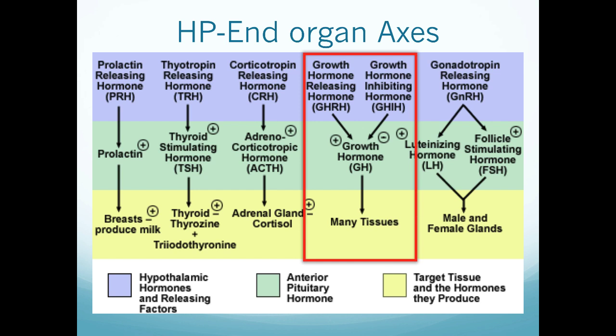While you were young and growing rapidly, your hypothalamus was receiving stimuli for growth. It produced growth hormone releasing hormone, which traveled through capillaries into the anterior pituitary gland. The anterior pituitary responds to the presence of those hormones and produces growth hormone. Growth hormone is then released into the circulatory system and travels throughout your body to all of the tissues that